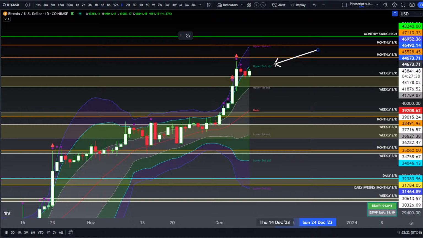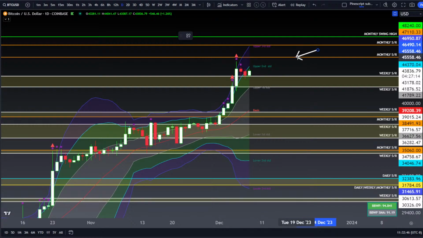And same goes for this candle today. If it does close below 43.2, then that would be the main target down here by the upper first at 41.8 to 42K. And if it does close above the upper second here, which is now at around 44.3 to 44.4, then I would look for a continuation, quite frankly, right back to the highs, somewhere around 45K to the